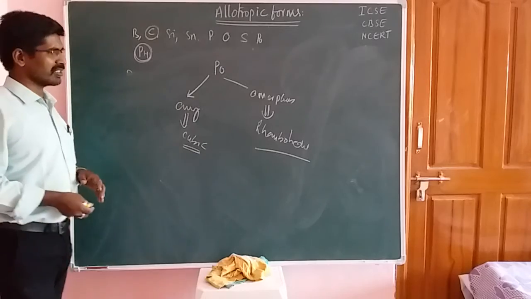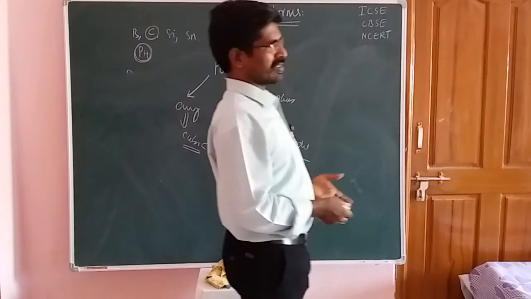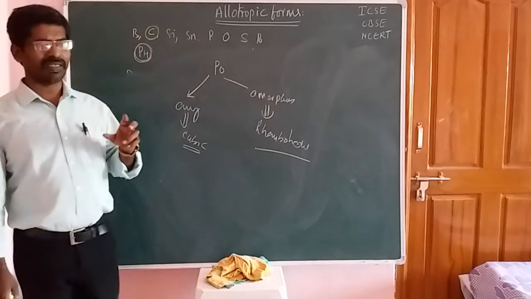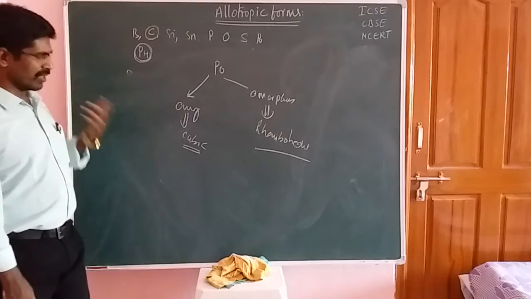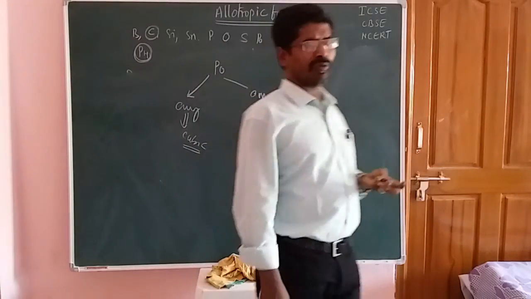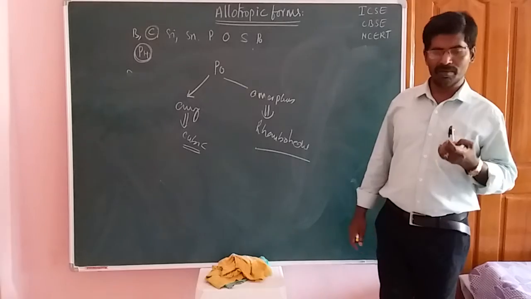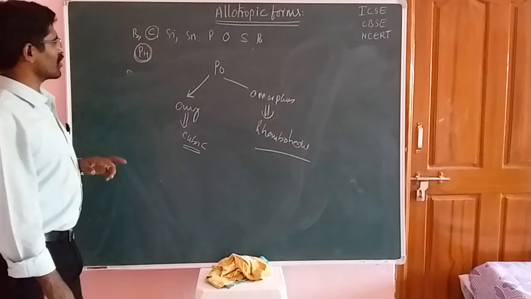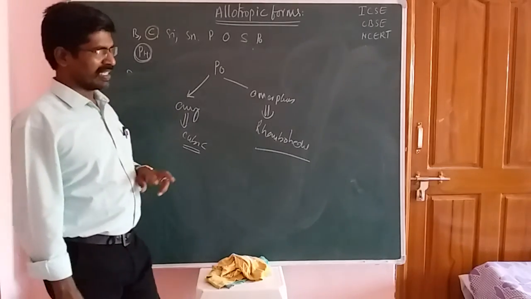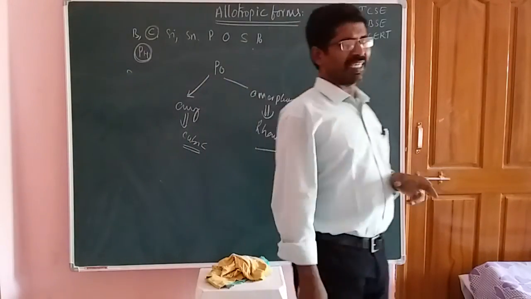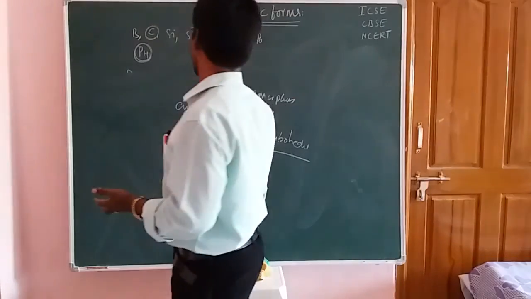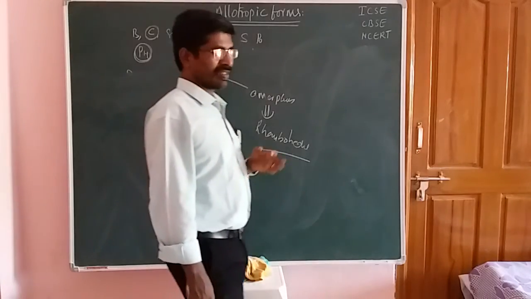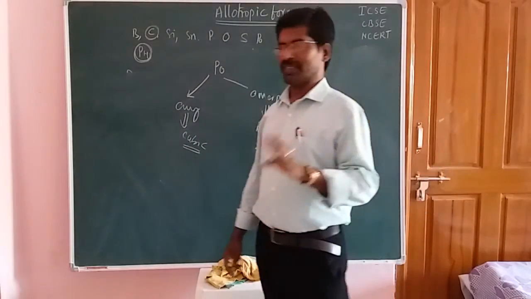In carbon, crystalline forms are diamond, graphite, fullerene, and nanotubes. The amorphous forms are coke, coal, carbon black, and lamp black. Next is silicon. Silicon exists in two types: crystalline and amorphous. Crystalline is more stable than amorphous. Next is tin. Tin exists in three allotropic forms: gray, white, and rhombohedral.